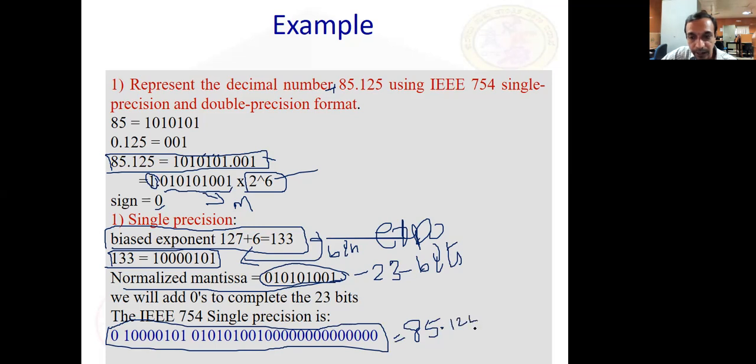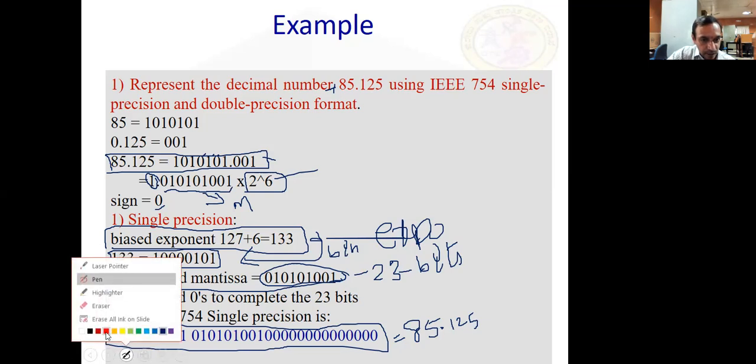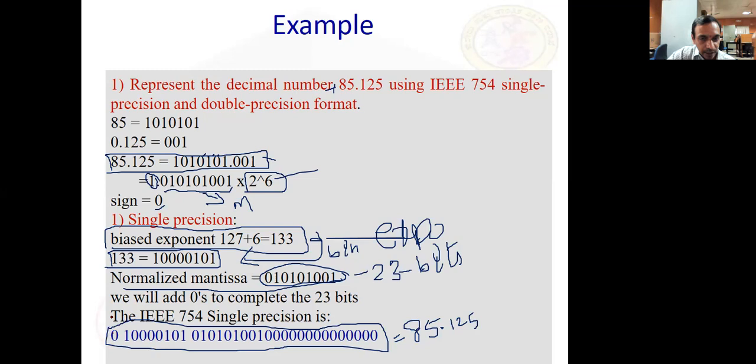This is equal to that number, and it is represented inside the computer in this format. See, there is no decimal point written. Please remember once again, it's all just zeros and ones. So what is the first bit? Sign bit. Next 8 bits, the biased exponent, that is 133 you are representing. Next 23 bits is your fraction, which is this number. You know that 0 multiplied by anything is 0, so that is not going to change the value. So this is in single precision format.